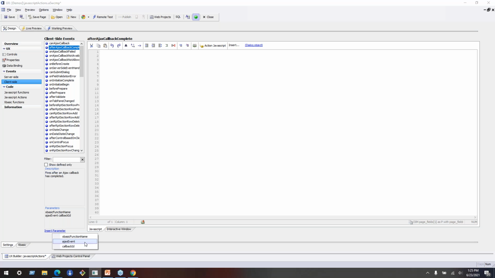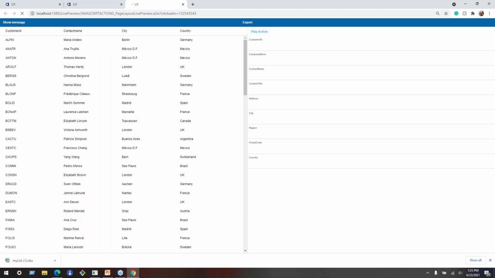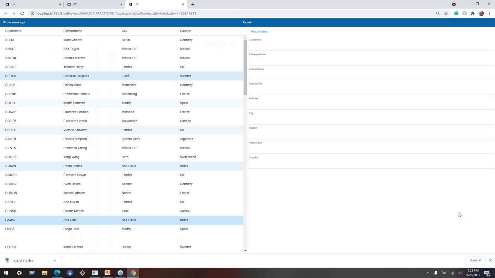So if we insert, let's try AJAX event here. Let's just do an alert of what that is. An alert is a JavaScript pop-up dialog. It's built into the language. And we'll go take a quick preview. Now this might pop up right when our app loads if any callbacks were required to set up this configuration. But if we do our export,